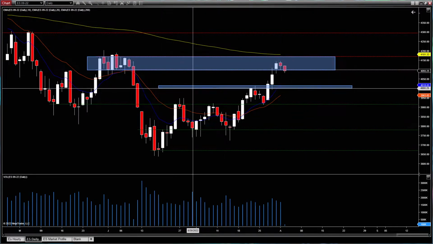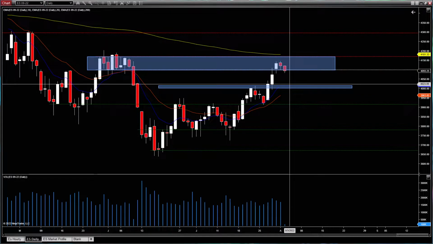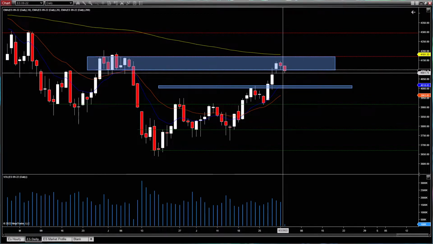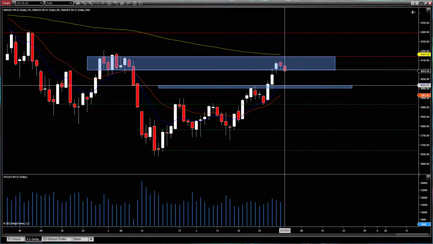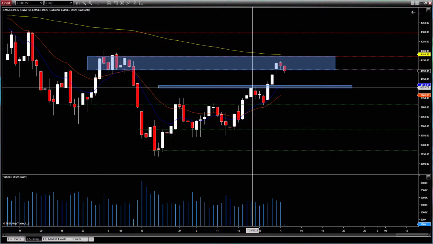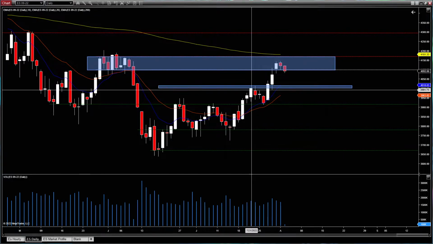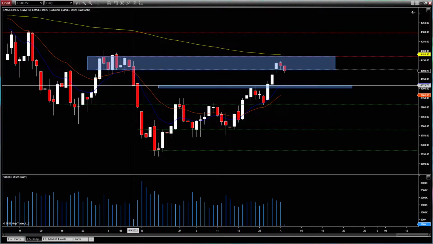I have this blue square right here. This is where I believe that if we do get a pullback below this 4080, which is one of the main levels that we're going to be watching for today, and I'll talk about that in the intraday when we go down to the 1 hour. But I think that if we lose 4080, this is a fair spot to probably bounce off of right here, just because of these two guys right here, and then if you look to the left some, we have this one right around here. So this seems like a good spot for me.